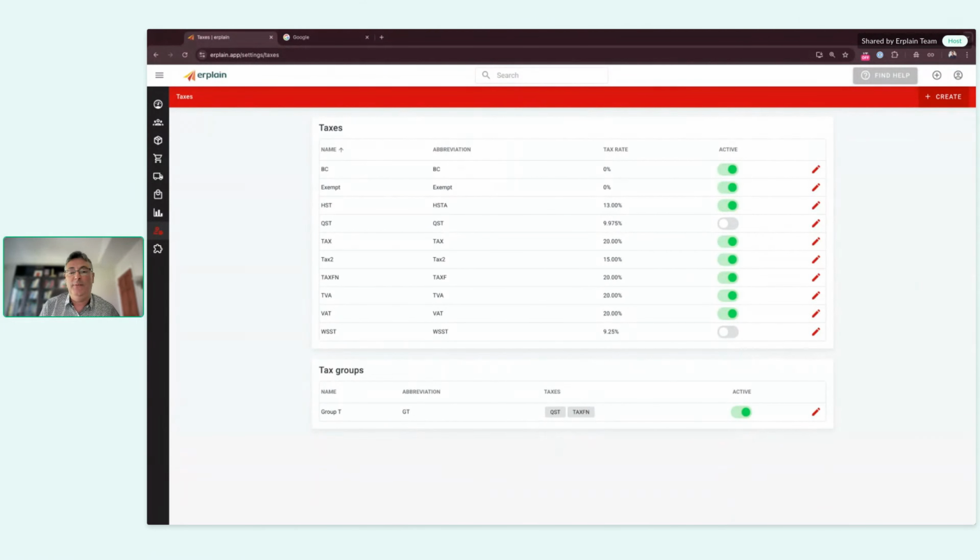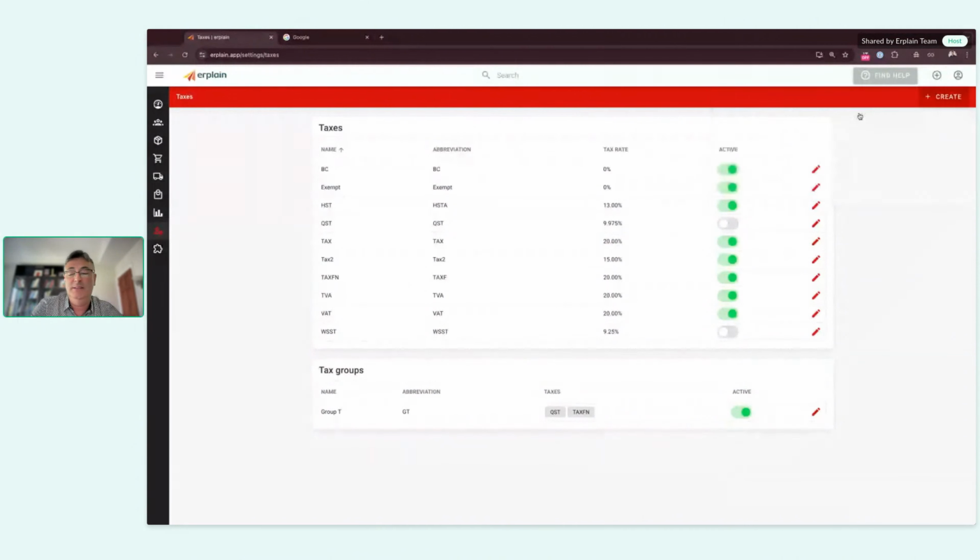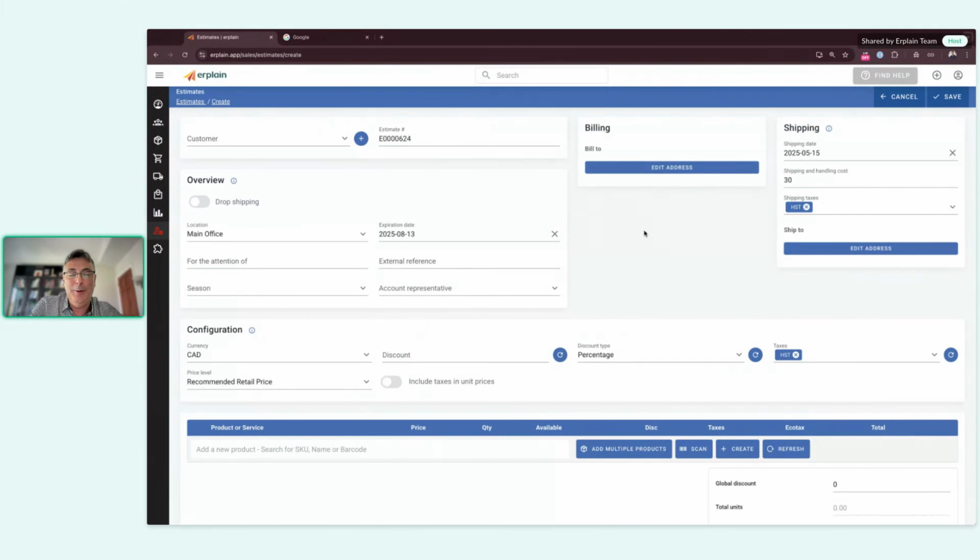Now, in terms of tax priority, this is an important subject because I know sometimes it can be confusing to know which tax is going to be selected automatically when you create an estimate, a sales order, or an invoice, or even a purchase order for that matter. So in terms of the sales side,